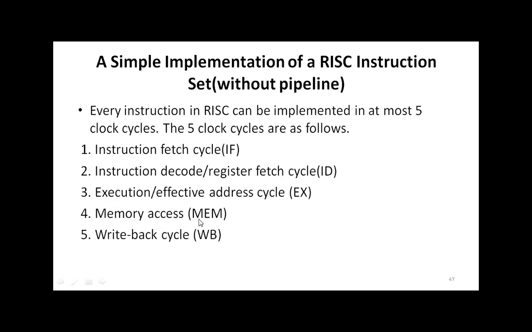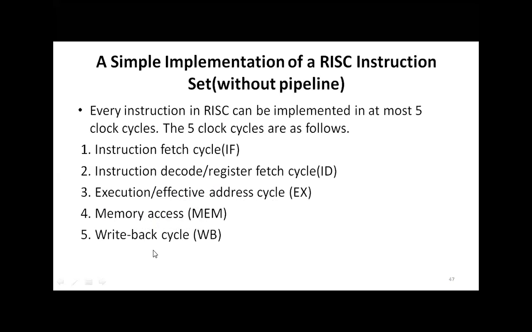So memory access, in short we say this as MEM, and here memory is accessed. Suppose your instruction is to read data from the memory. So here you calculated the address of the memory location from where you will read data. After getting the address, in this stage you will read the data from memory, in the memory access phase. Or your instruction is to write data in the memory. So you found the address here, the effective address you calculated, and then you can write here. So in the MEM or memory access stage, data can be written in the memory or data can be read from the memory. So memory access is done here, memory read can be done or memory write can also be done.